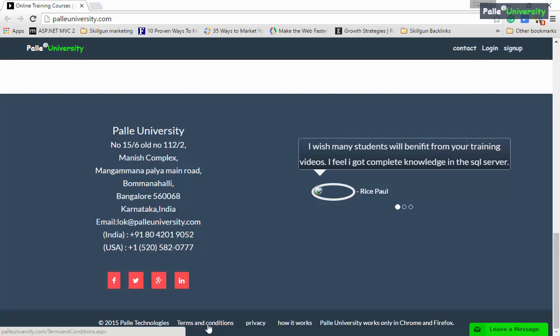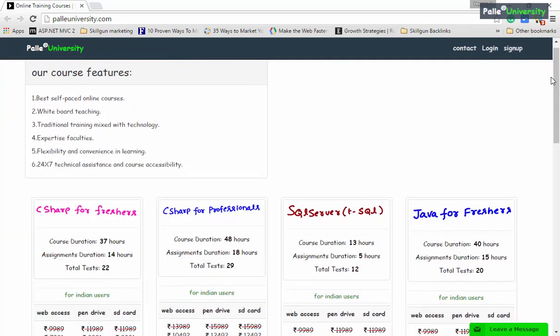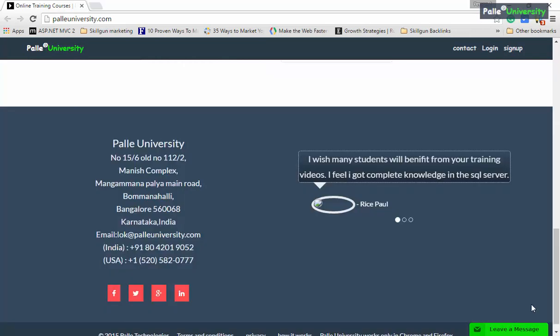Apart from all these things, in many websites you will observe images something like this. In fact, this is an image. This is an image. And even here also you can observe some images. Alright. So now let us try to understand what an image is and how to create an image.